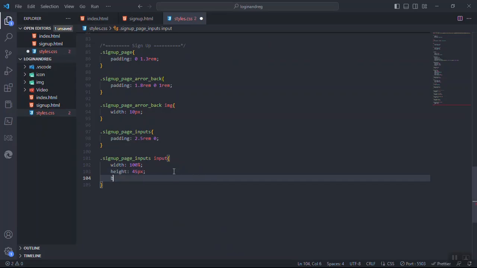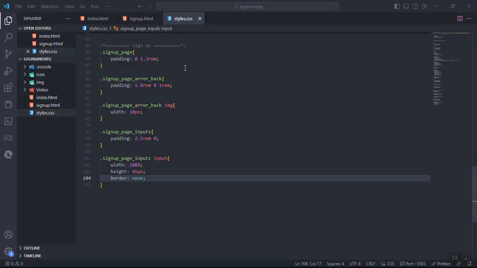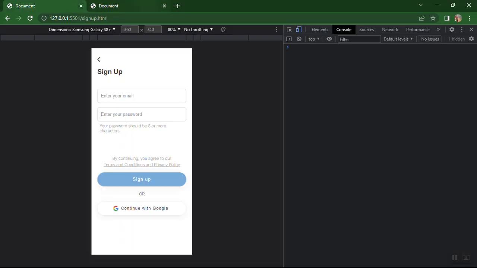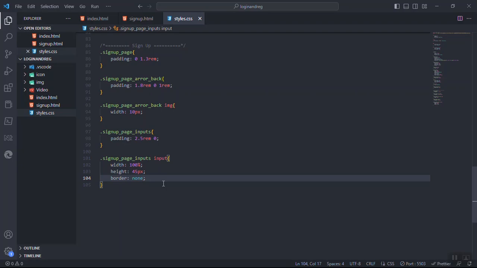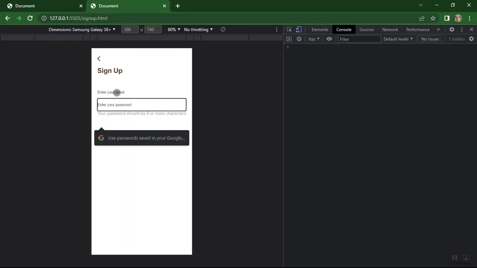Then we want to remove anything that has to do with border. Remove border. You can see the border has gone. I didn't use border here, I used box shadow. I'll just copy the box shadow from there. So the border has gone. Now we have to just enter your input and enter. So you see that when we click on